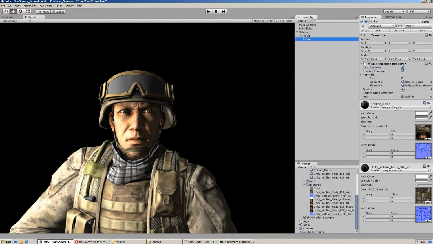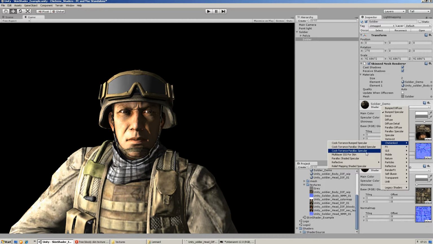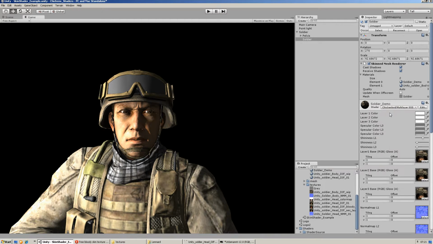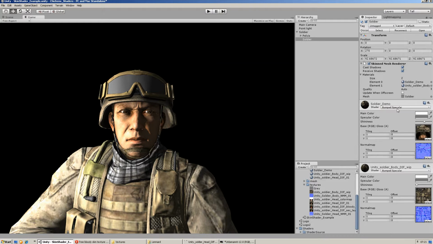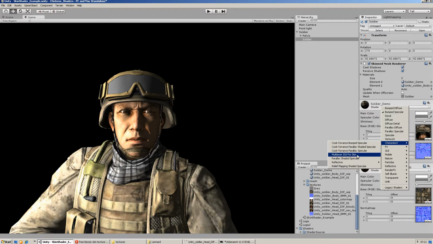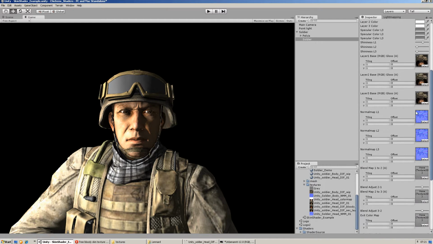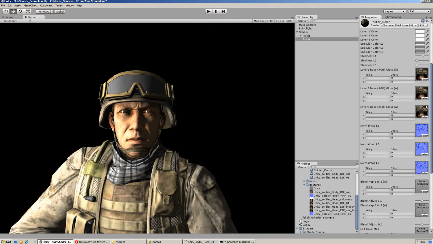shaded using the standard bumped specular. And as you all know, bumped specular doesn't really fit skin all that well. It's just not good for skin. And so I've done a skin shader. Right now you don't see any changes. If we want to switch again, and this is because I haven't defined all the things, but let's go through